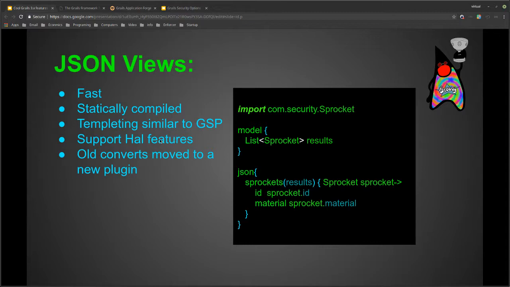And there's also some HAL features. HAL is basically a JSON structure, but it gives your front end links to things, so that the front end can become aware of what you have and how to pull things in. In my last company, they used a variation of this.